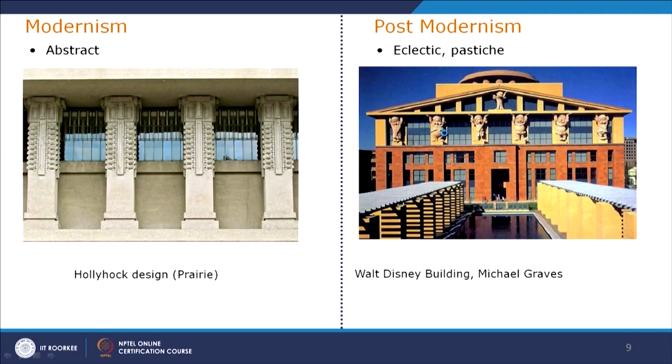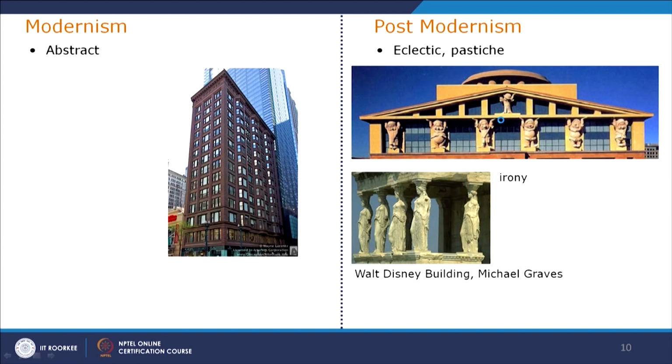Now the way of abstraction can also be seen in the hollyhock design, where the hollyhock flower is abstracted in a very pure geometric way. The abstraction in postmodernism is not geometric. It can be in a different way, and it can also be mocking something. For example, in this building, if we look at the next thing,